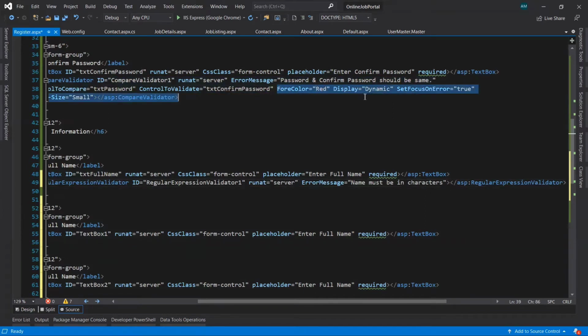Then let's copy this part till here and paste it.